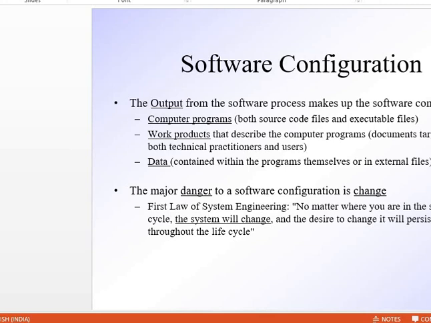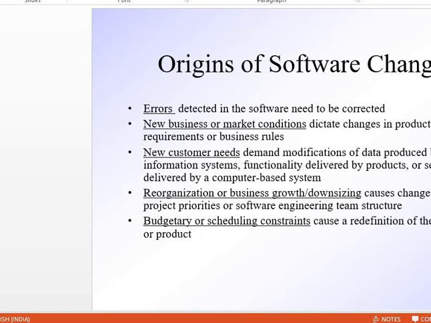For the software engineer, it's a changing, building, and access control mechanism. And for the customer, it's a quality assurance and product identification mechanism. So the SCM process differs for all the stakeholders of a particular software project.